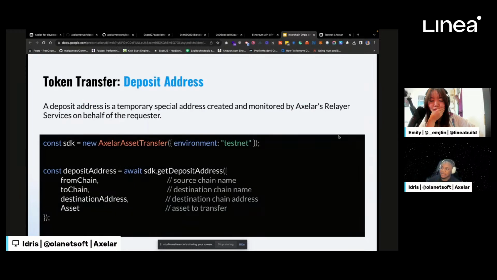The first one on the list here is the deposit address, right? A deposit address is a temporary special address created and monitored by the Axelar layers on behalf of the requester. So what you need to do is install the Axelar SDK and then initiate the Axelar asset transfer, setting the environment to testnet or mainnet, and then you can generate a deposit address, because this is